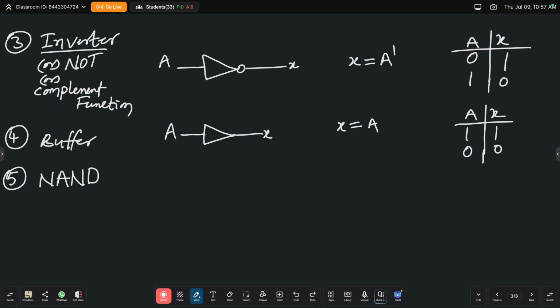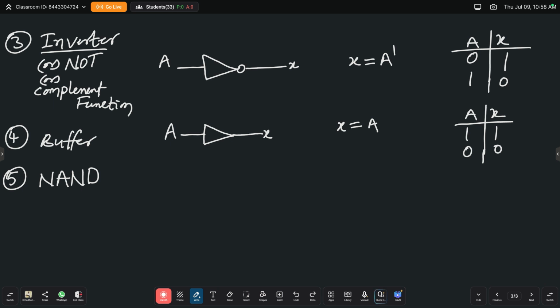If you are having any doubt, you can ask me. Don't discuss unnecessarily. What is a NAND gate? Already you know. Tell me. Inverse of AND gate. Means, tell me, if I read 0, 0, what is the outcome? 1. If I read 0, 1, if I read 1, 0, 1, 1,